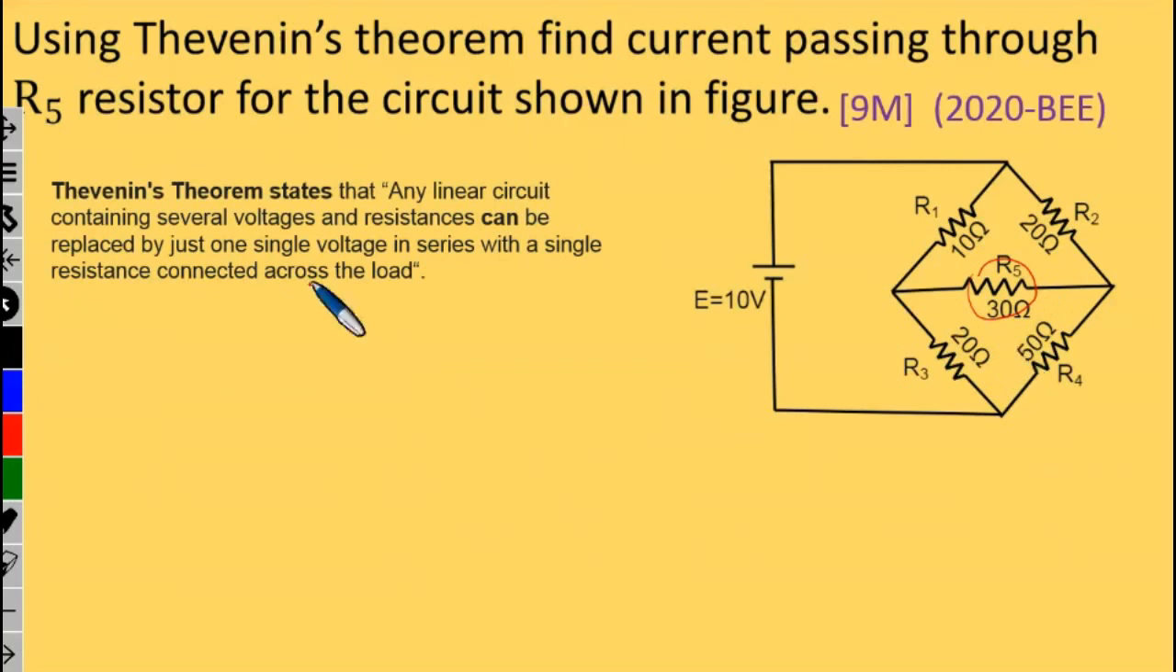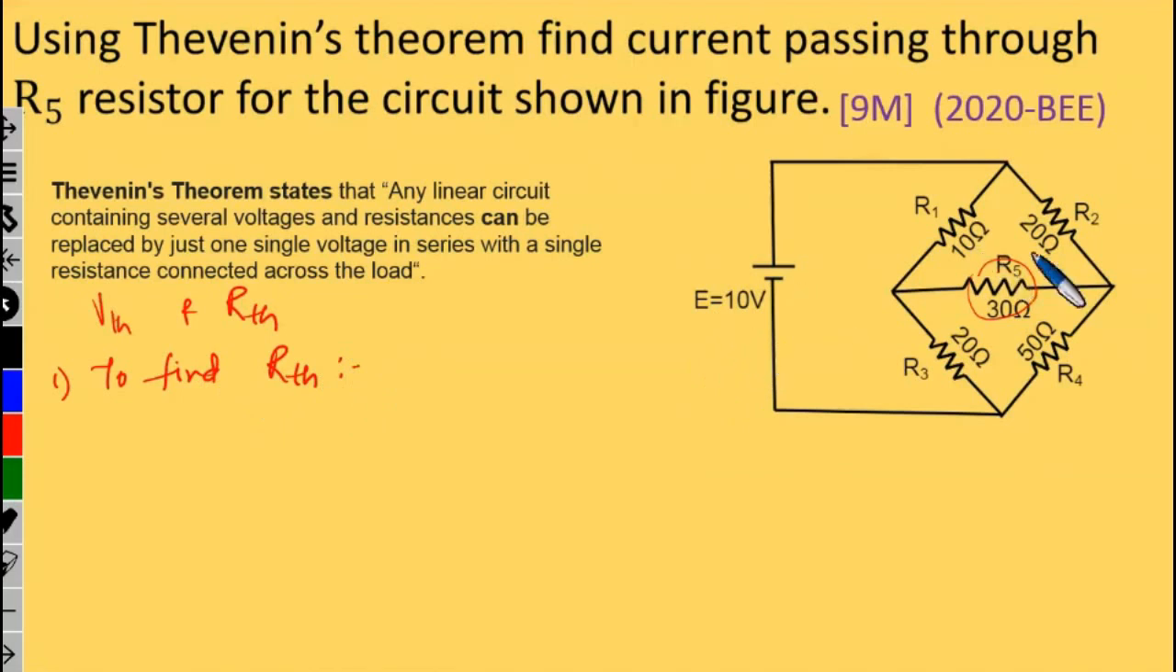First we have to find R Thevenin, as we have to find two terms here. One is V Thevenin and another one is R Thevenin. So let me start with finding R Thevenin. So the first step is to find R Thevenin. So how to find R Thevenin? For the given circuit,